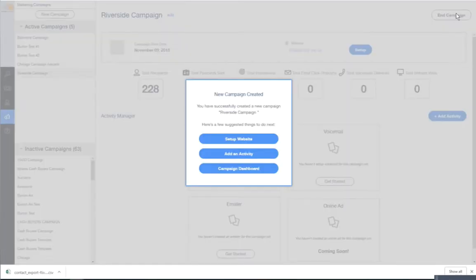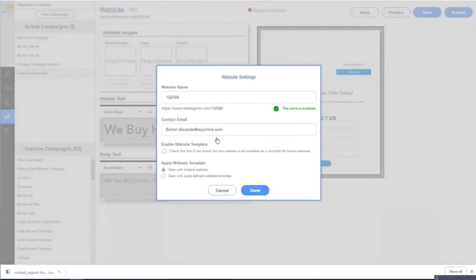The system will say, hey, you've successfully saved your campaign. Here's the name of your campaign. And the first thing it's going to tell you to do is create a website. This is for free, and I highly recommend that you do it. The reason for this is it's a landing page. But most importantly, there's an application process on your landing page. If someone does land on your landing page and they like what they see, they can fill out the form, hit send, and you'll get an email notification with their personalized message